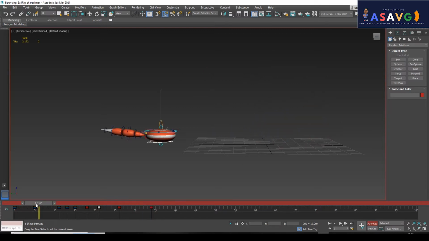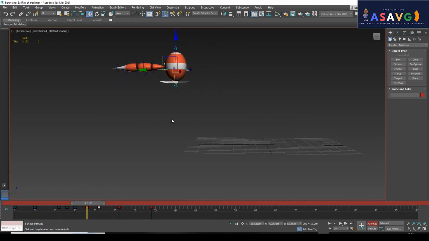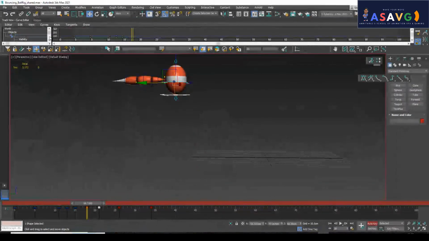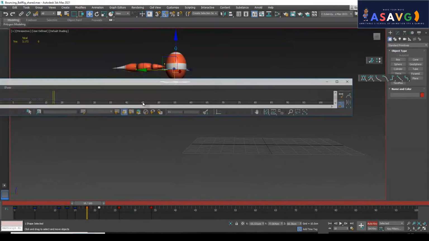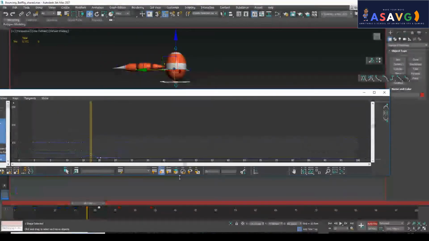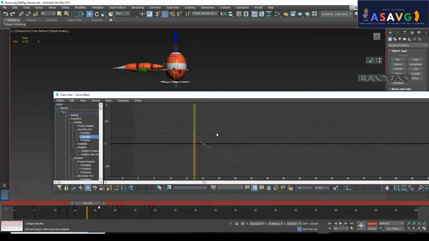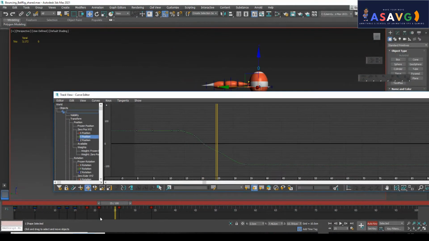I have been checking what is happening here. This is going to be a straight line, right? I don't want a straight line, so I will go to the graph editor, the curve editor, and check. While dragging, it will be in this area. If you don't want that, just click here and drag outside. Clicking here, we will check the whole area to find where the issue is, and I will be moving.